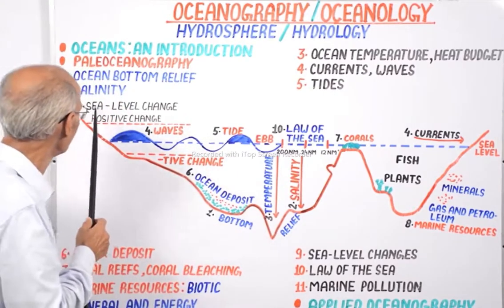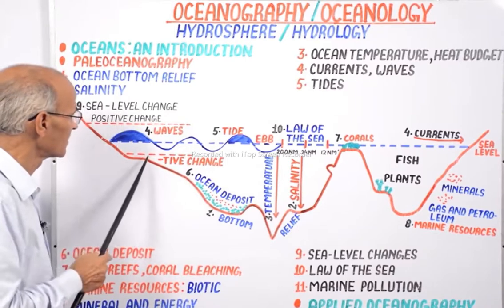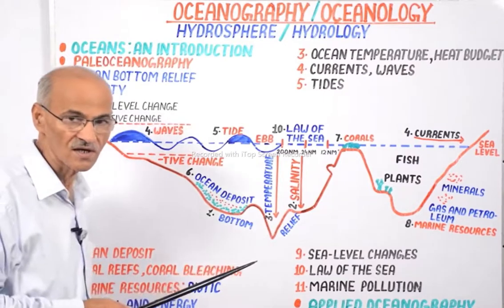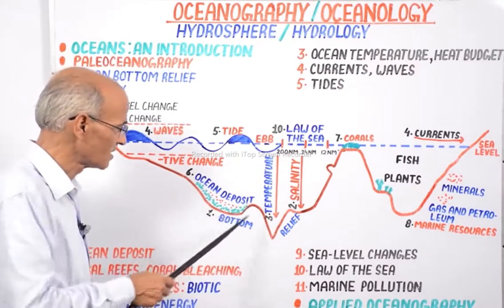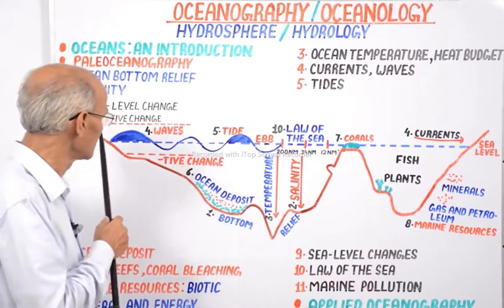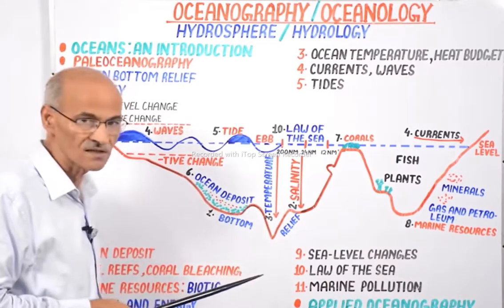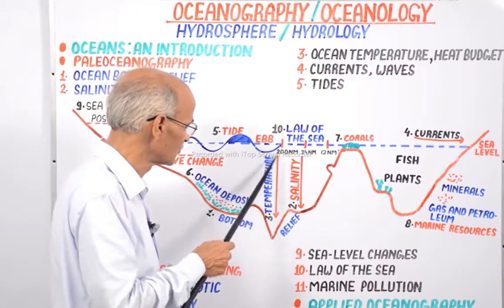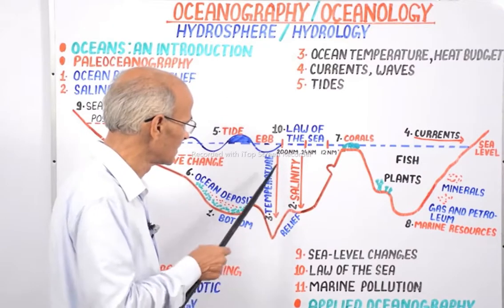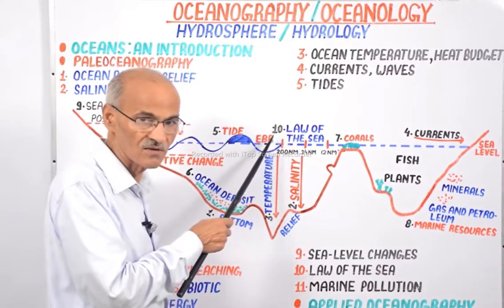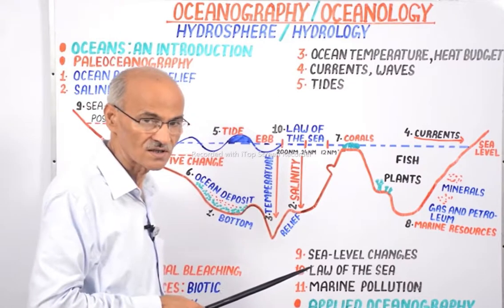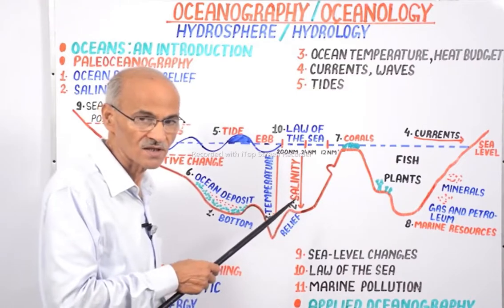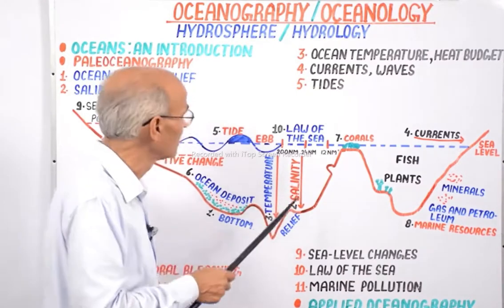The second point will be salinity. If you are traveling on foot in the ocean, certainly you will be thirsty and you will drink water, but that water is not fresh as found on land, rather it is saline. That's why you will have to study the salinity from the sea surface to the sea bottom, and you will study that the salinity from sea level to bottom continuously increases, and this salinity has a wide impact on the biotic conditions or biosphere of the oceans.